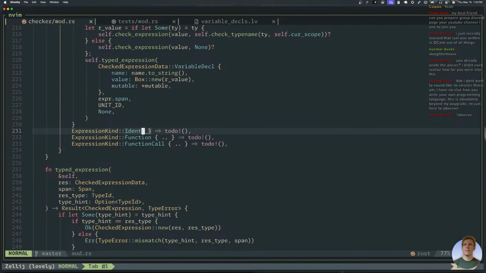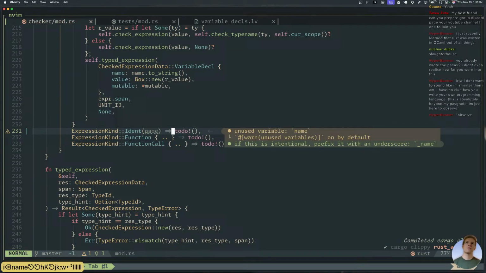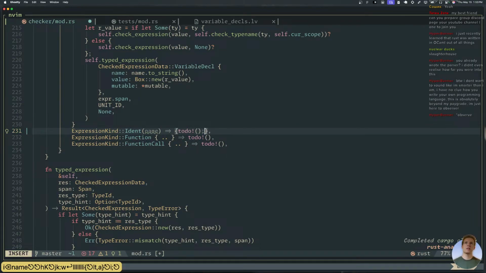Very interesting. Because we need a way to know the type of these things. This is really interesting. An ident has a name, right? Which is just a string. Perfect. This becomes this. Not that.